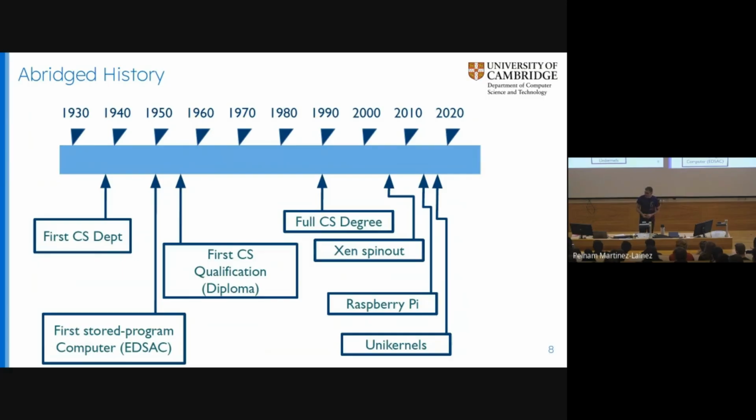And over the years, well, we were the first computer science department. We were actually also the first then to realize this is an actual thing that isn't just maths. There's something different. It's a subject in its own. And it started off as a diploma. There was only enough material to cover 1 year's worth of stuff. And then it ended up as a full computer science degree in about late 1980s. And that degree, as I said, Cambridge calls these degrees triposes, tri-3. Tripos is a three-legged stool. Let's not go there, but never mind.